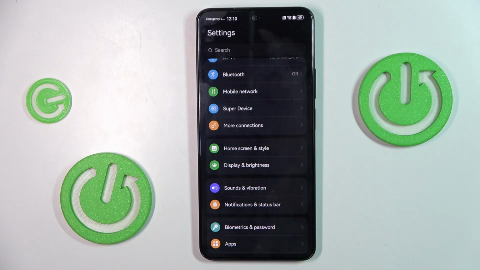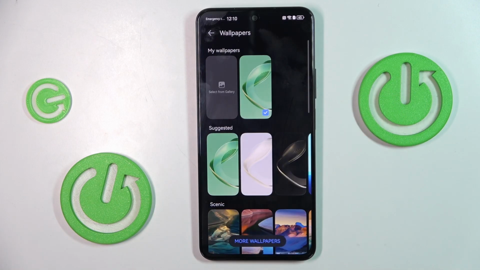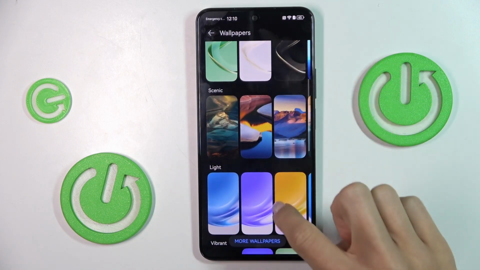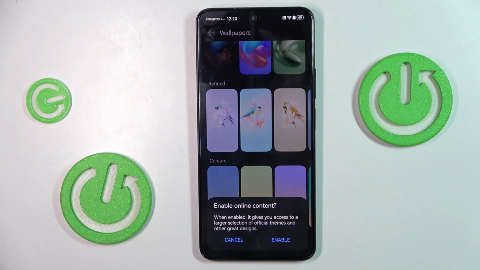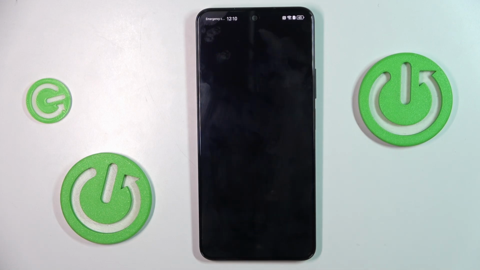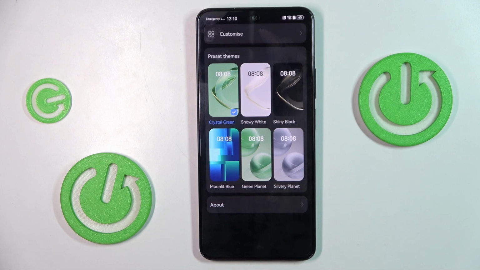First open the settings, then find and select home screen and style, click on wallpaper and now choose the picture that you want to cover your screen with. If you want to explore a bit more, just tap on more wallpapers and just choose something that you like